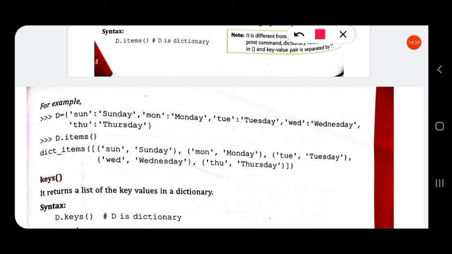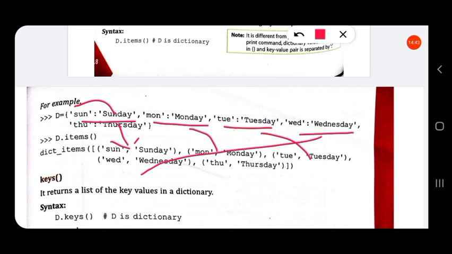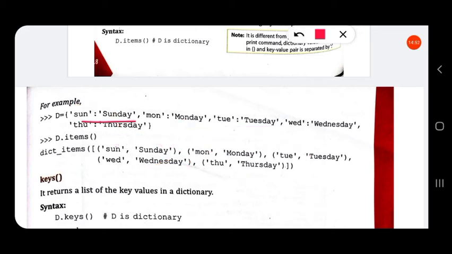You can see each key and its value is a tuple. This is another tuple, and this is another tuple. Each key and its value is a tuple in the output of the items function, and all of the tuples are enclosed in square brackets. That is, all of the tuples are elements of a list.